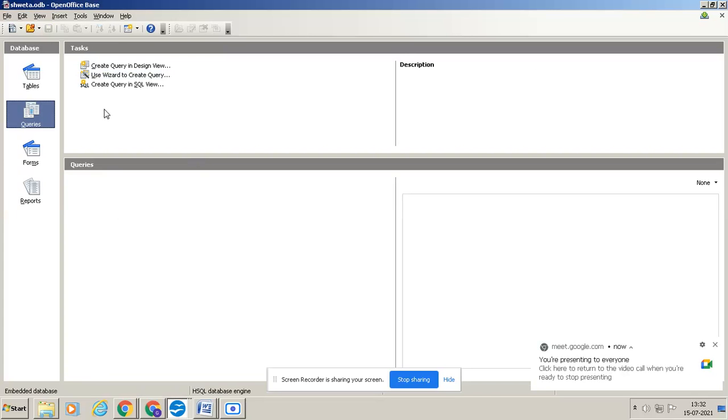In the exam, a sure 4-mark question: they'll give one table, they'll give the data in that, and they'll ask you the queries based on that table. They'll ask you to write the query to fetch the records from the table. If you want to fetch all the records from the table, you use the select query.